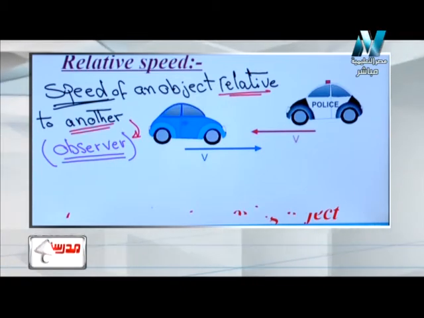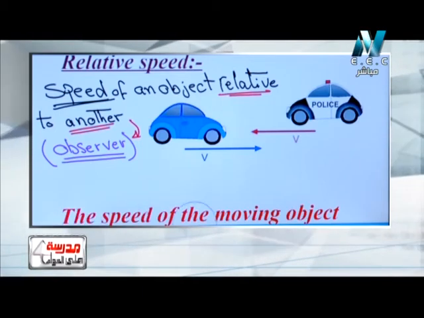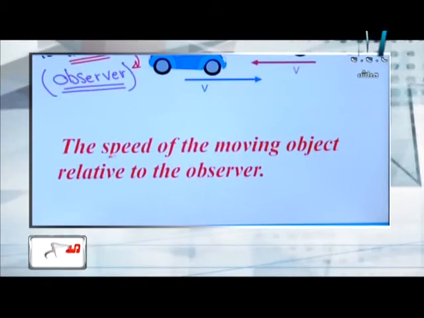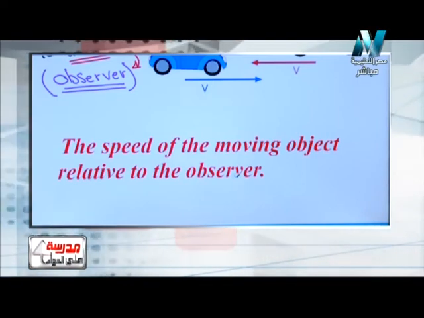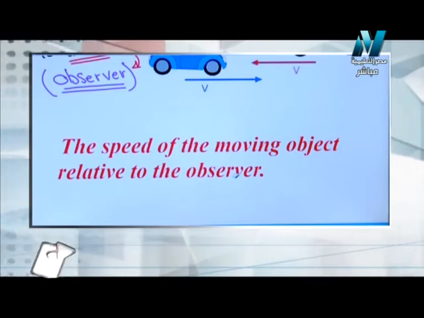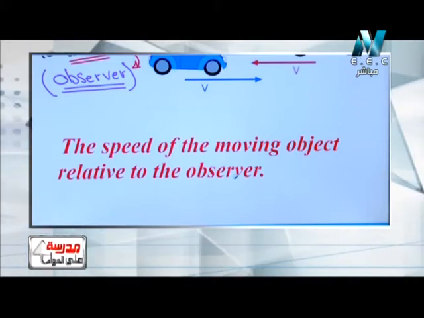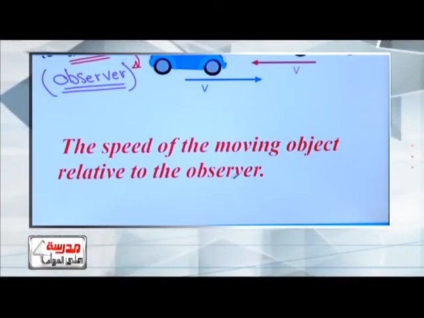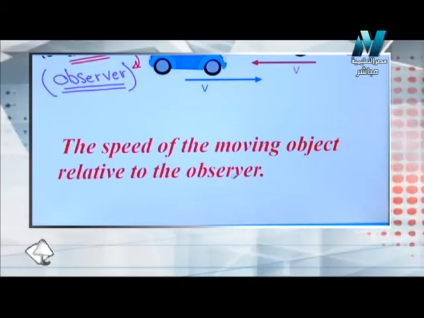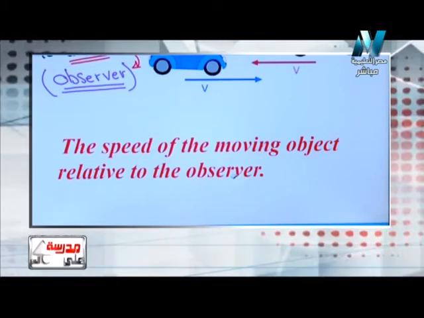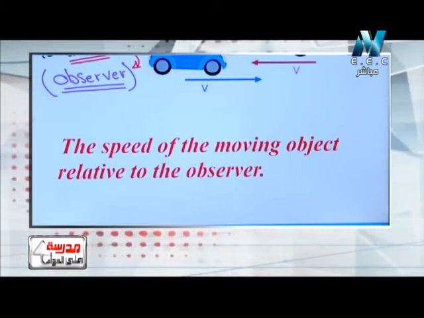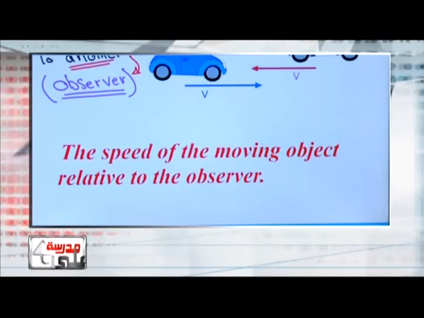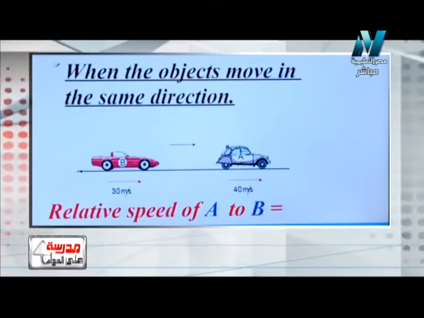يعني عندي definition سهل جدا. سرعة جسم بالنسبة لجسم تاني، زي ما احنا هنشوفه تحت مكتوب. The speed of the moving object relative to the observer. Maybe the other observer is in the same direction, مثلا هو معايا في نفس الطريق. Maybe in the opposite direction, ممكن يكون في عكس اتجاهي. Okay? So we have two main cases to deal with the relative speed.